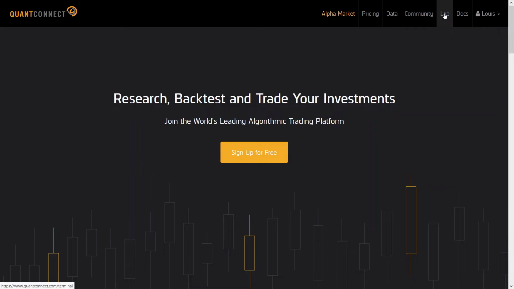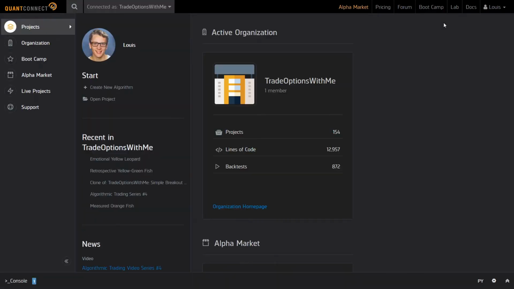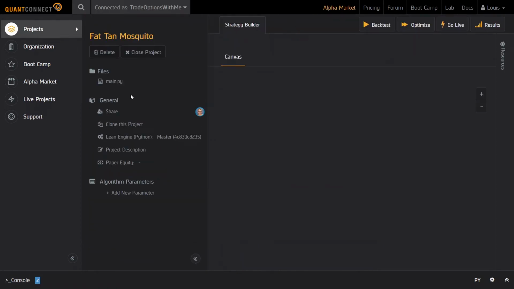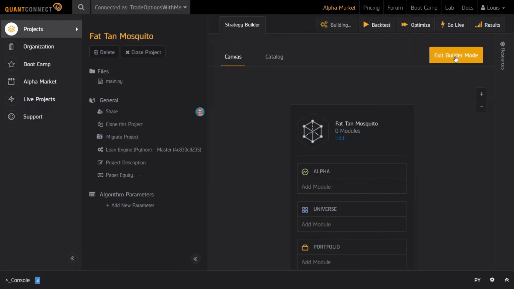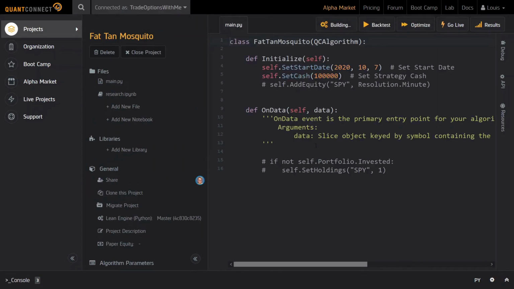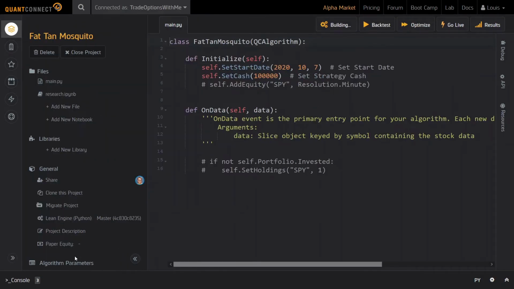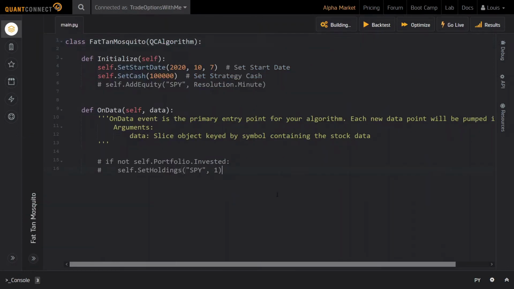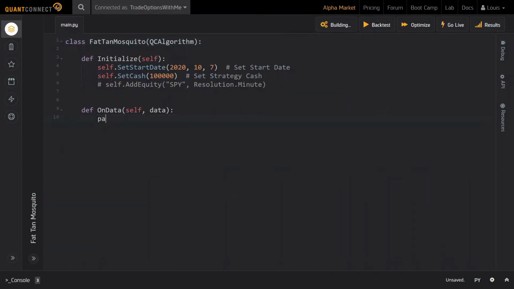Inside of the QuantConnect platform, we will create a new algorithm inside of the Lab tab. Since we don't need the strategy builder, we will exit the builder mode and start with a blank template algorithm. As always, we will then start by implementing the initialize method. This is where we will set a few backtesting settings, add the necessary data, and define some helper variables that